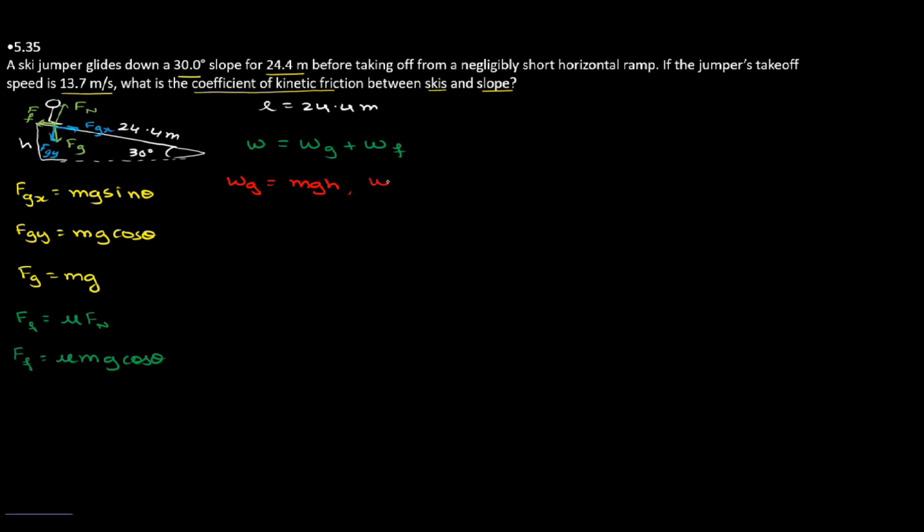and work done by the force of friction will be negative force of friction times the distance it covers. The distance is the length of the slope, which we took as L, so I will write that as L. Negative because friction acts opposite to the displacement. So we can finally write the total work done as mgh minus force of friction times L. Now this work done will be equal to the change in kinetic energy of the system, which is my work kinetic energy theorem. The work kinetic energy theorem says that work done is equal to the change in kinetic energy of the system. So I'm going to write this work done as the change in kinetic energy, delta K,